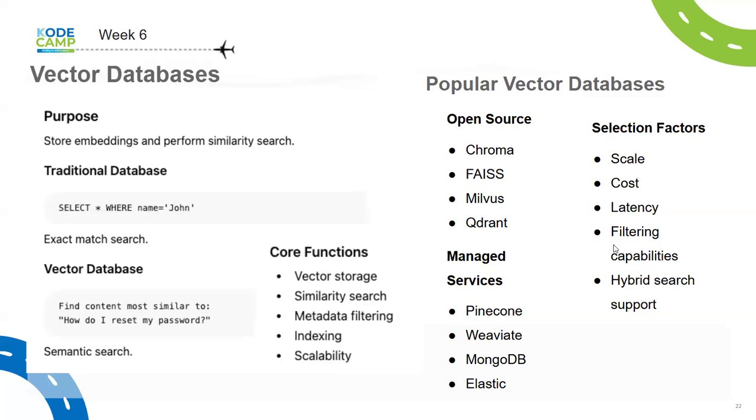Yeah, so some of the factors that you would consider would be things like scale, cost, latency, filtering capabilities, hybrid search support. These are some of the factors that you would consider when you are trying to choose or decide which of the vector databases that you want to use. Okay,